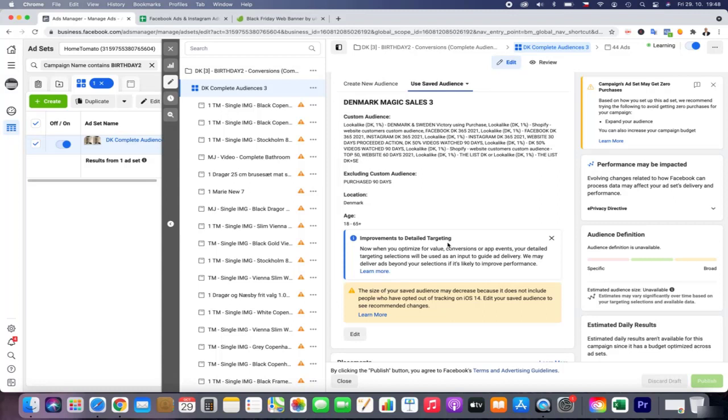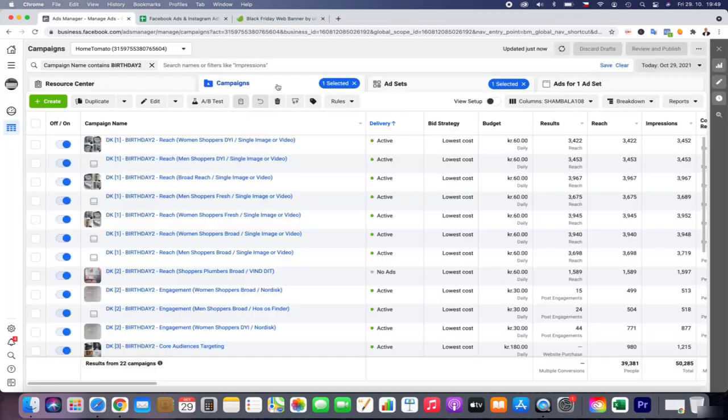And Facebook will try to go beyond the selection if it will improve the performance. So it's quite beneficial to focus on the aggregated events, also to use a minimum of 4 slots for the purchase with value, so then Facebook can optimize more for you in these new Apple conditions.